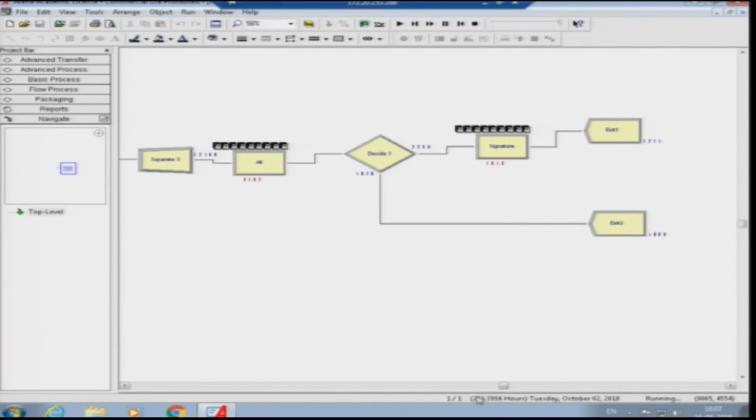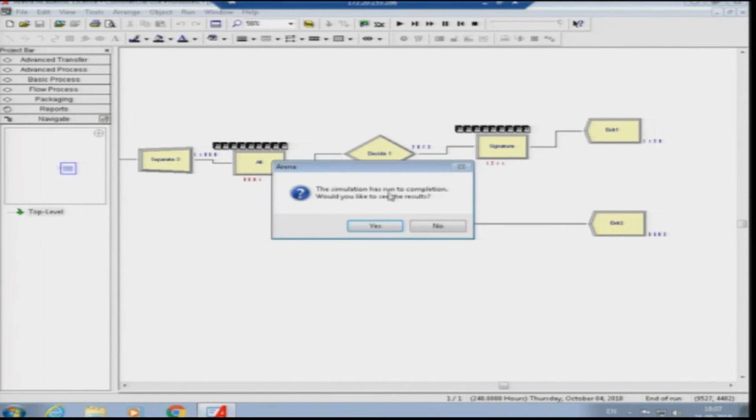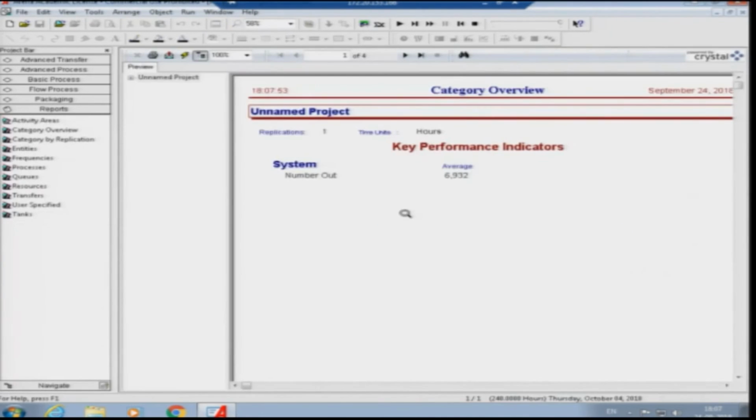It will go till 240 hours and then it automatically stops. See, again, as you can see,